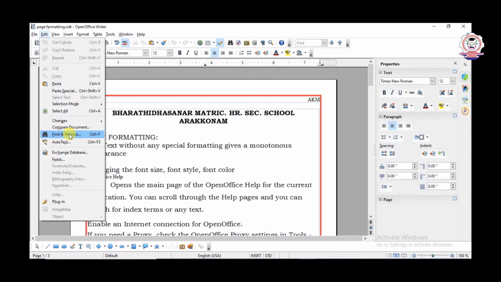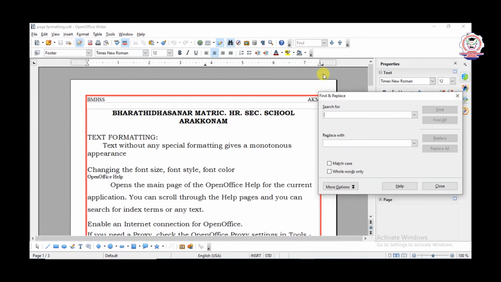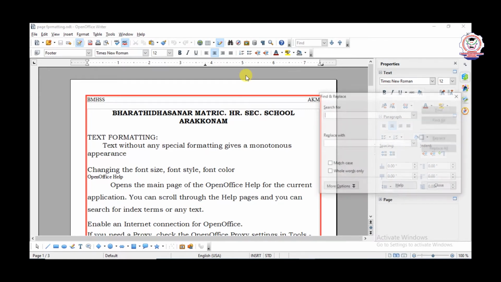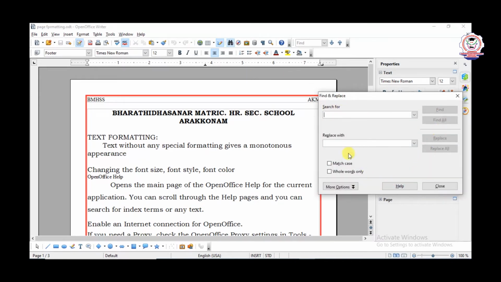Edit, find and replace. The find and replace dialog box appears on the screen. Or you can use the shortcut Control F. In the same way, the find and replace dialog box appears on the screen.